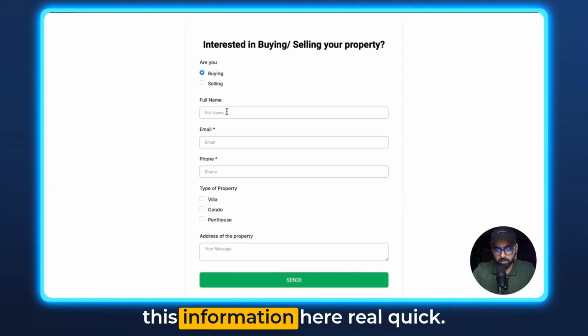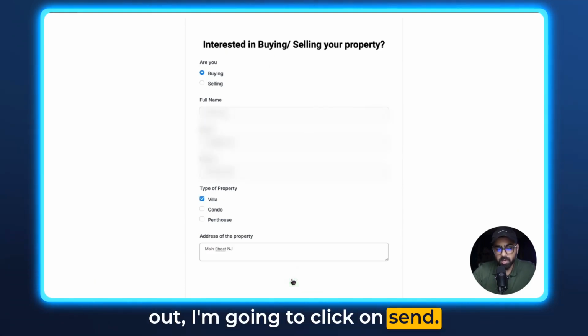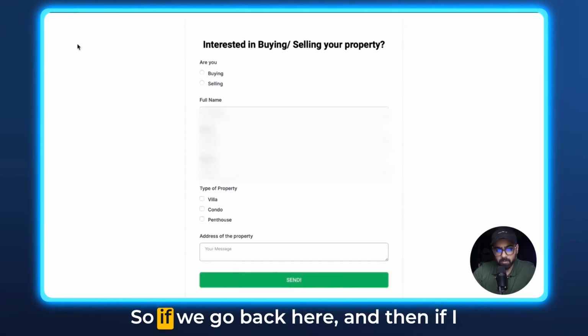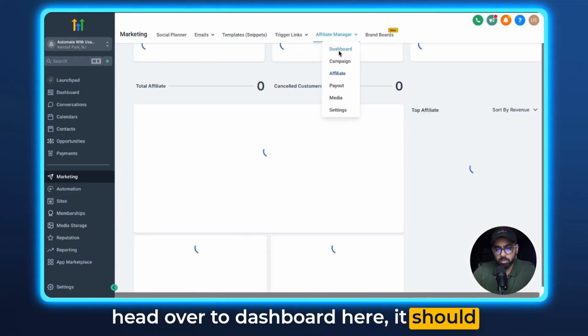Then I'm just going to fill out this information here real quick. Once the information is filled out, I'm going to click on send. Now this form is being submitted under the affiliate Sam. So if I go back here and then head over to the dashboard here, it should be reflecting that